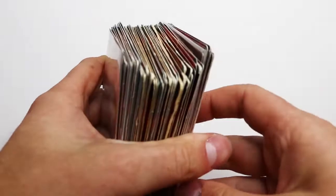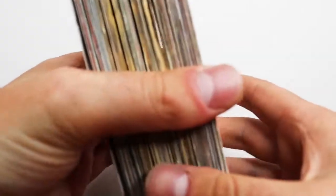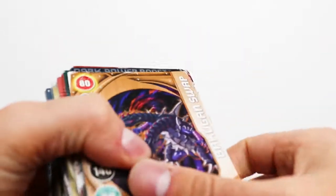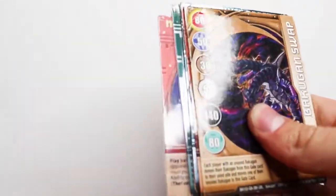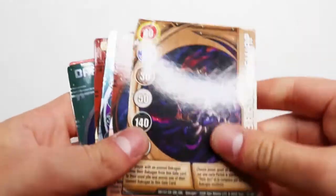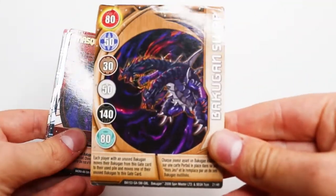Alright guys, and up next is this big stack here. So these are all my character cards, or cards themed around a specific character. And we're going to jump in, and I'm just going to try and pick them all out. So we're going to start with Hydranoid and Masquerade. So some of these cards are very common, and then other ones are not. So this is a Baku swap card featuring